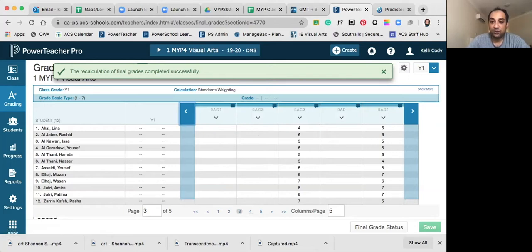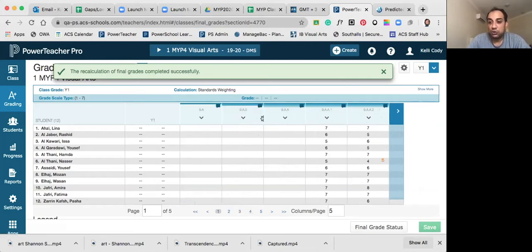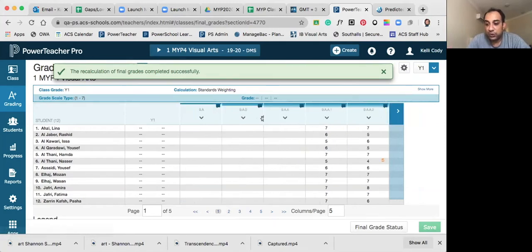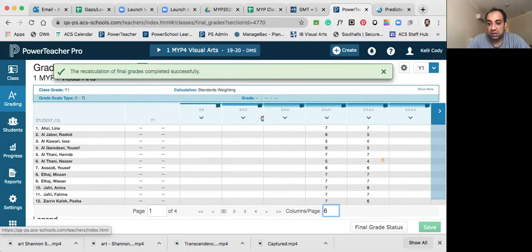Now, Miss Kelly, if you stay on this screen, and if you show them, let's say, for example, criterion A on this sheet, can you scroll back. So you see Miss Kelly can see standards, standard A1. Miss Kelly, you will have to increase the number of columns, maybe make it 8, so you can see all the columns on one screen.